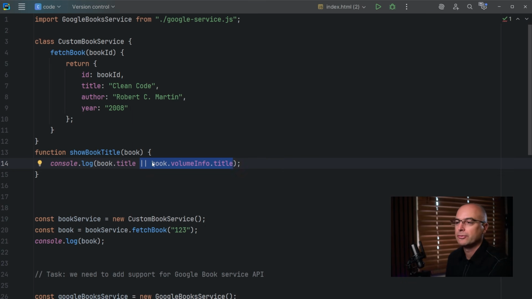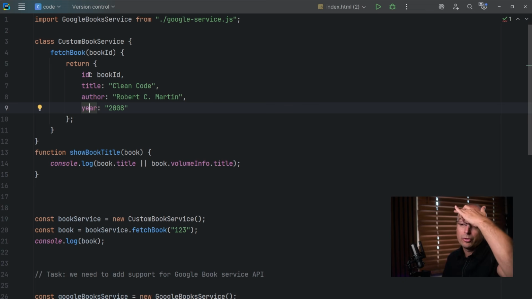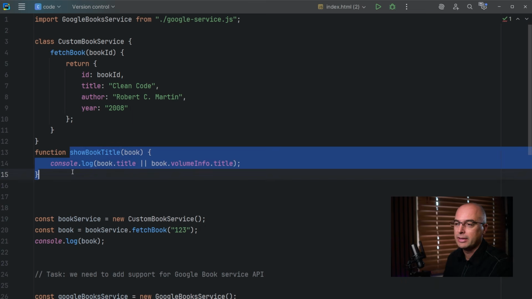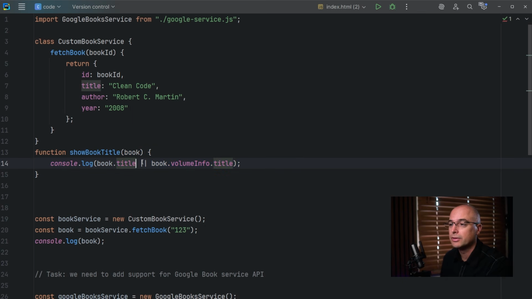Because apart from title, there is a year, there is author, there is ID, there's many other fields that we need to change our code for on all possible pages. This is only one function, but we are displaying our book in 5 or 10 different places in our application. We could as well, instead of doing this,